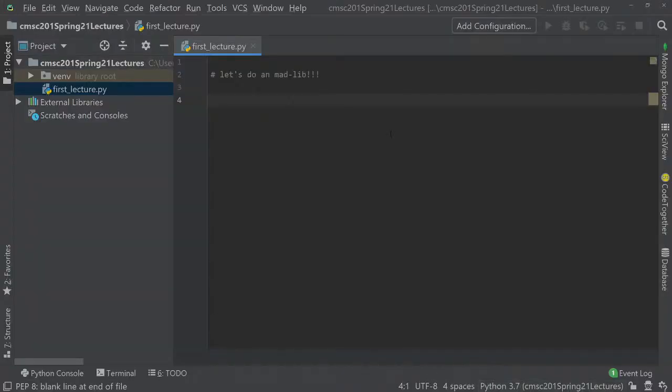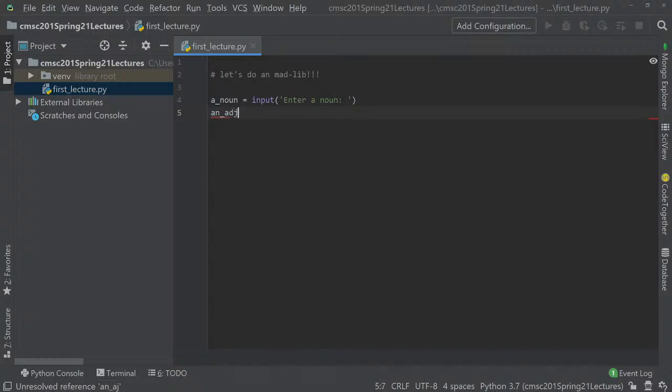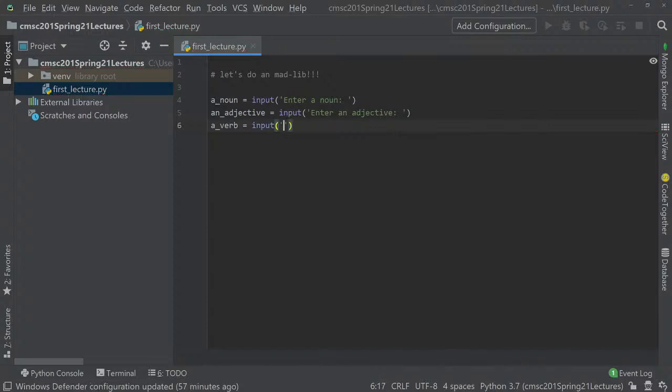Okay, so let's do a Madlib. Let's say input, enter a noun. And then finally a verb equals input, enter a verb. And so then what we're going to do here is we'll say